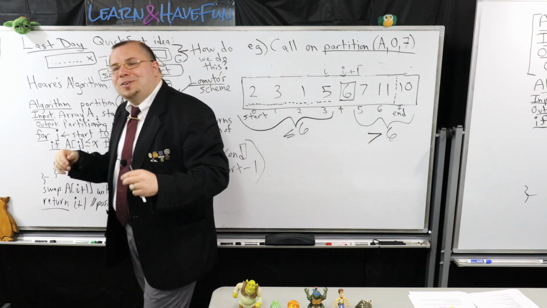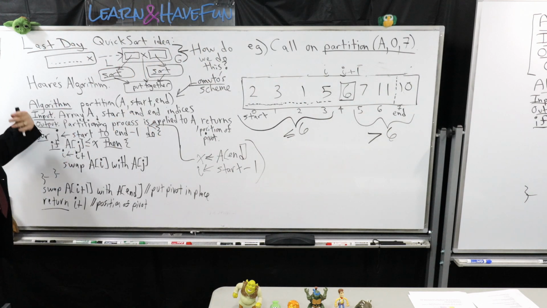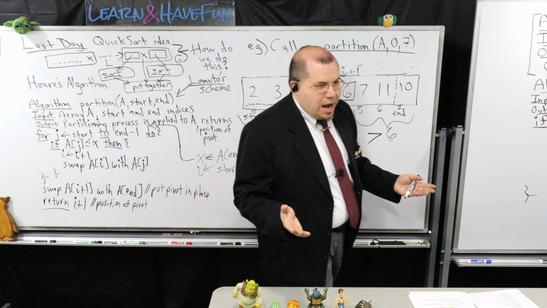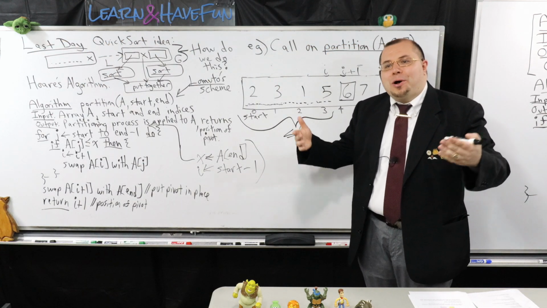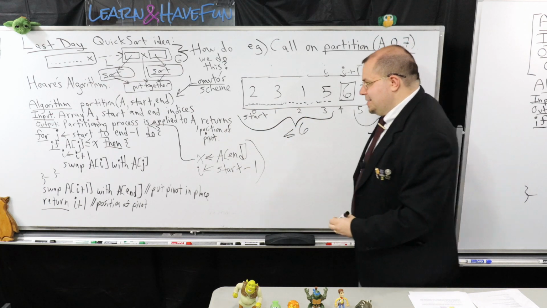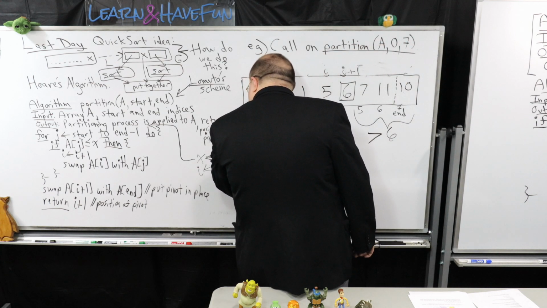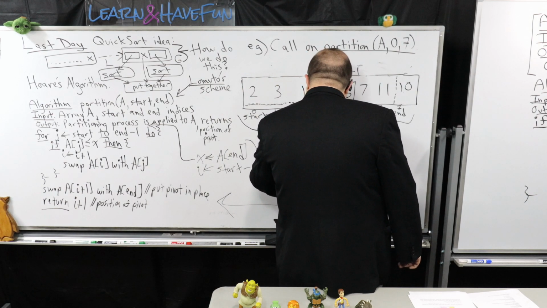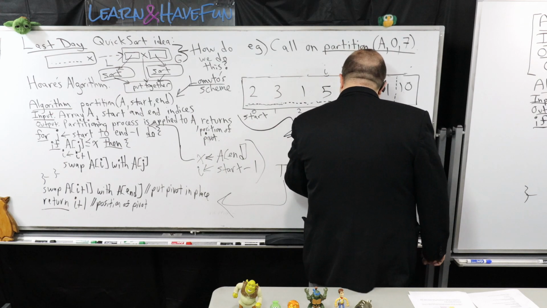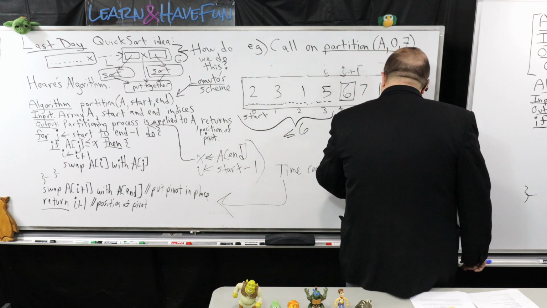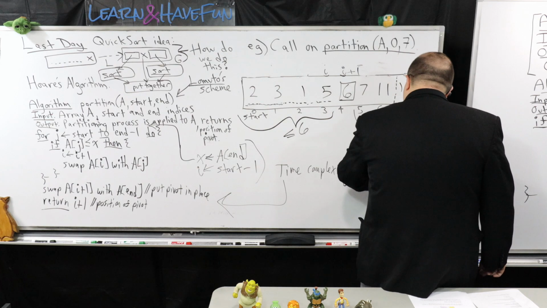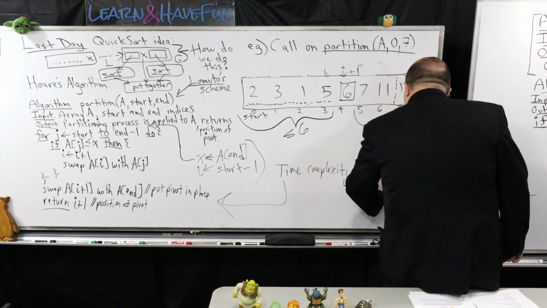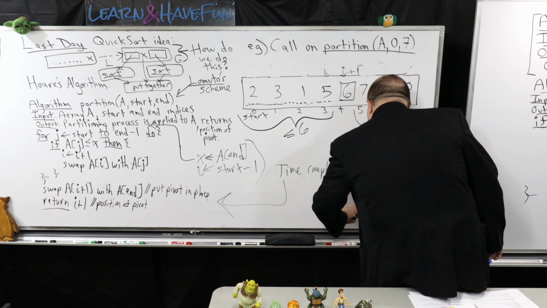So notice that the big O here is actually based on the number of elements, but most certainly if you take this into account over the entire length of the array, it's going to be big O of n. It's going to be linear. So the big thing I want you to take note of is that the time complexity of partition is linear in the number of elements